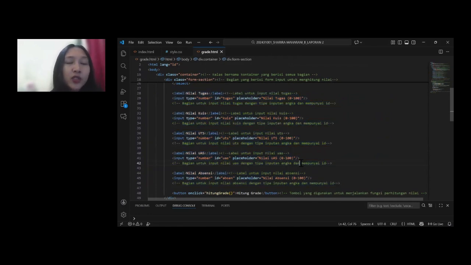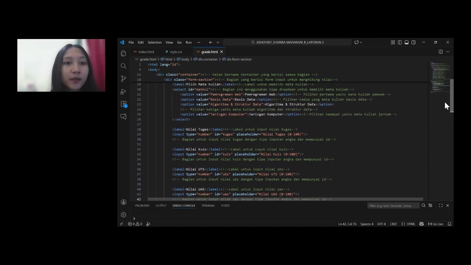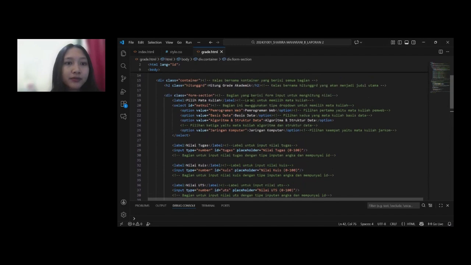Each field uses either a number input or a drop-down menu. The drop-down menu is for the course selection. All of them have a unique ID, so they can be accessed through JavaScript.